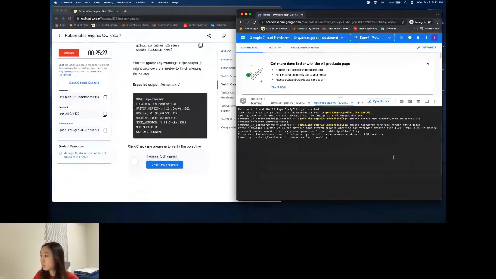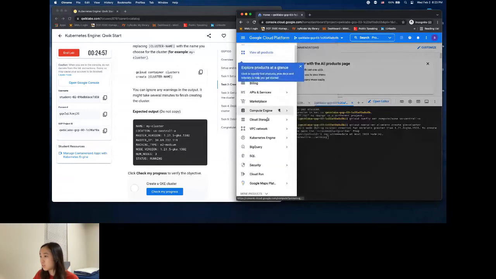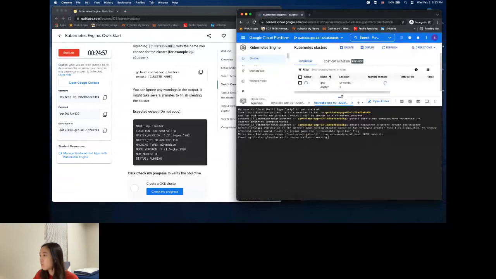So we're just gonna wait. And then at the same time, once it's done, you should be able to see the details of your clusters. So it's gonna be the name, your location, version, IP address, machine type, node version, and the number of nodes and its status. Let's see, you can go ahead and click on Kubernetes Engine and you could actually see it